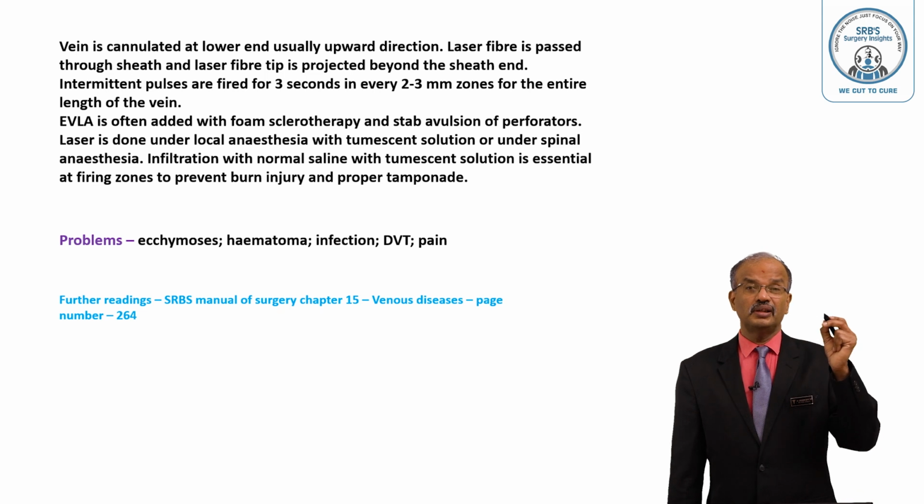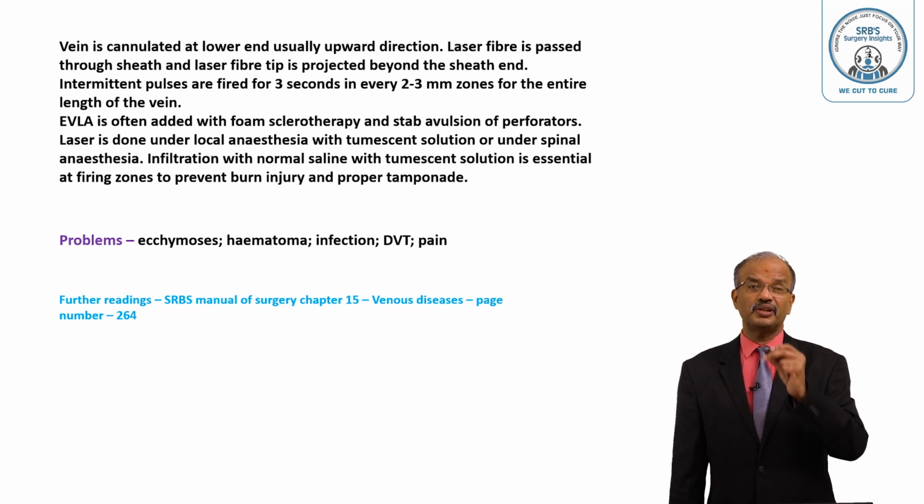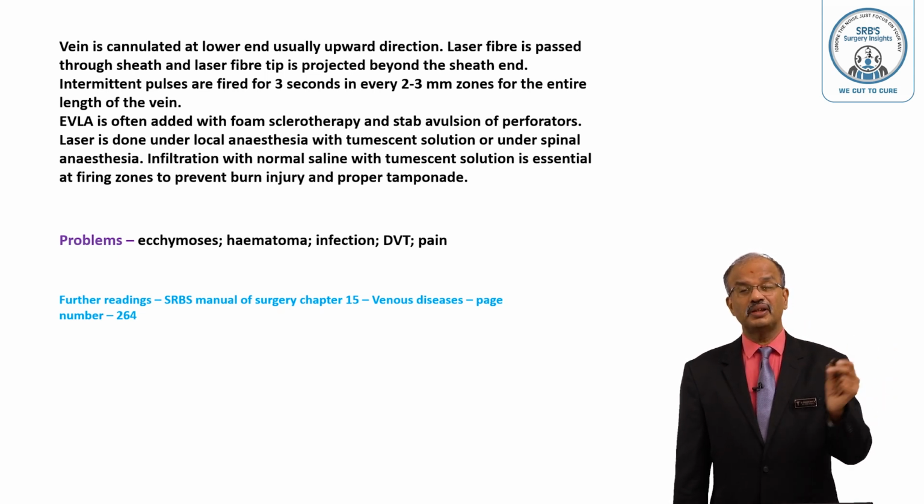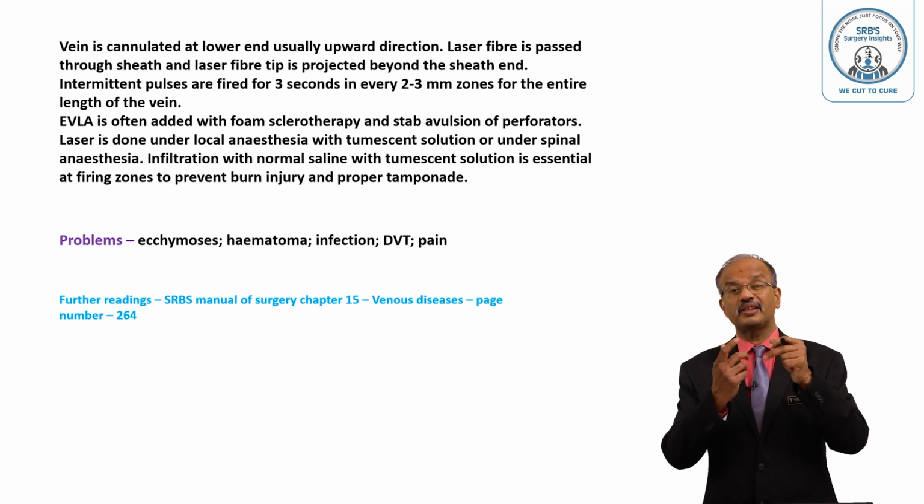Through the cannula, pass a guide wire. Once the guide wire reaches adequately proximal to the SFJ, you should identify it through Doppler scan guidance. Then through the guide wire, pass the sheath. Of course, calibrate the sheath and the